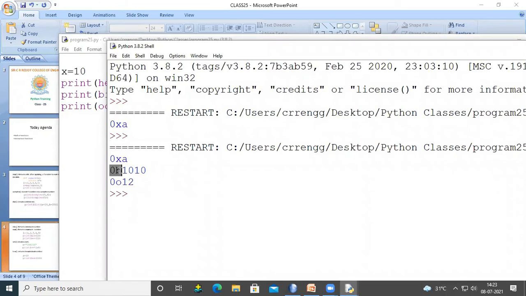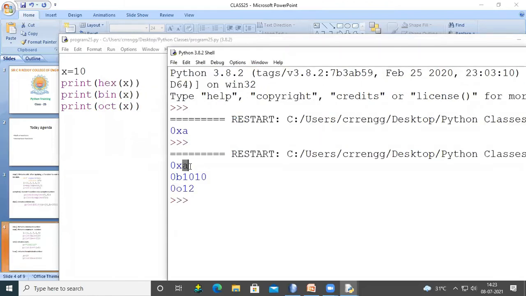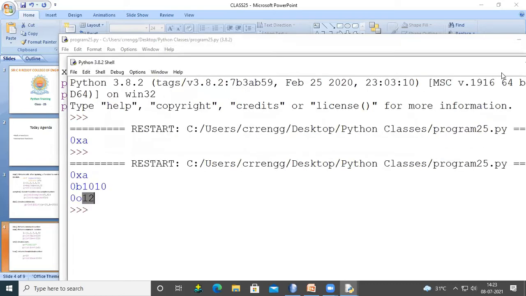This is 0b, that means a binary number. So 0o indicates it is an octal number. Okay. So this is the hexadecimal representation of 10, so it is a. Similarly, the binary value is 1010. In octal, this is the representation of 10: 12. Okay.